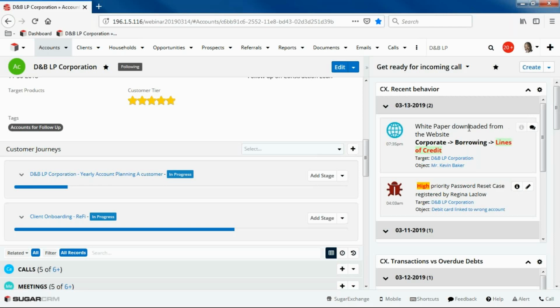In case the customer has downloaded some white paper from the website, or also in terms of collaboration with the bank organization, it could also be a support inquiry. So the account manager has to be aware of these recent activities received from the different channels, from the web channel and also from the support channel. So that is how, from the single view, the account manager is aware of the recent behavior, the recent activities